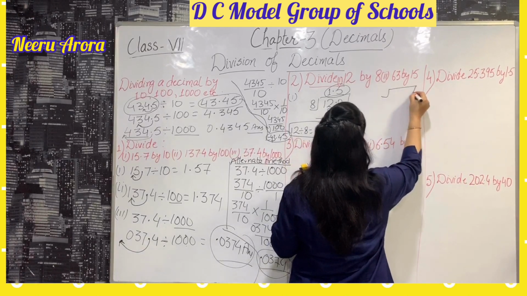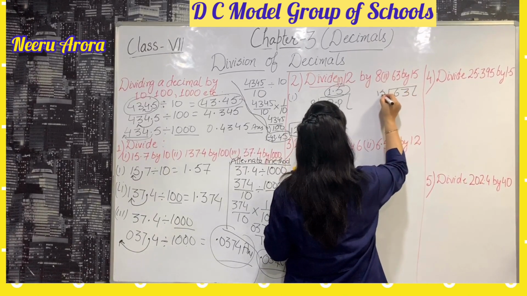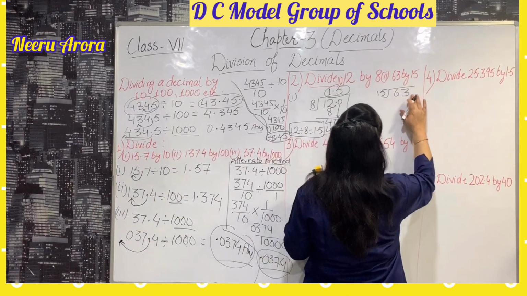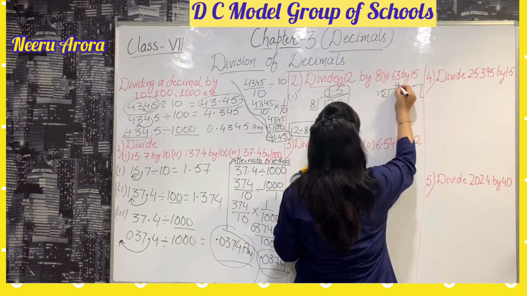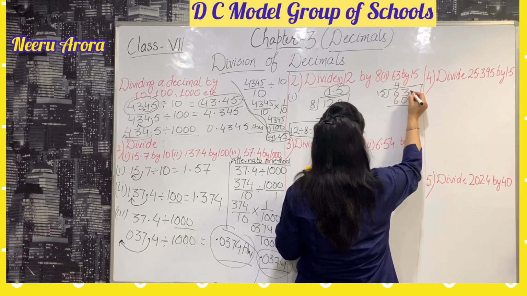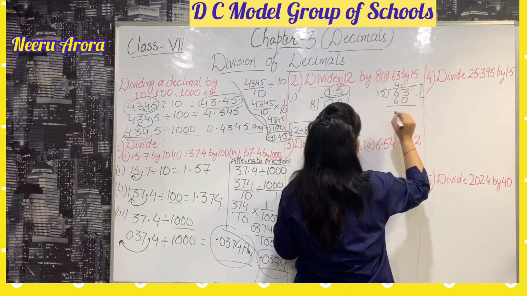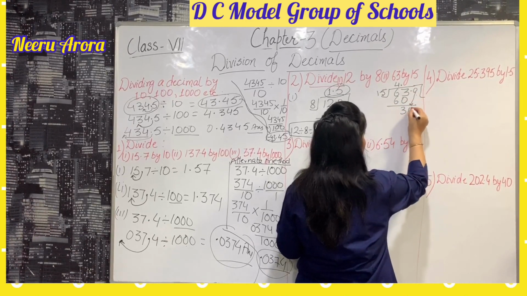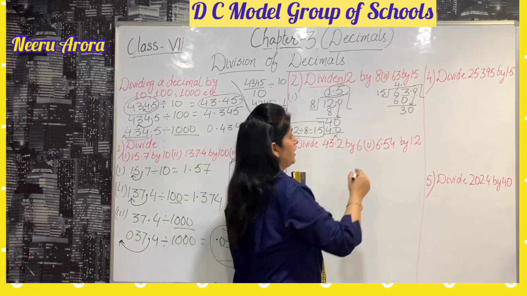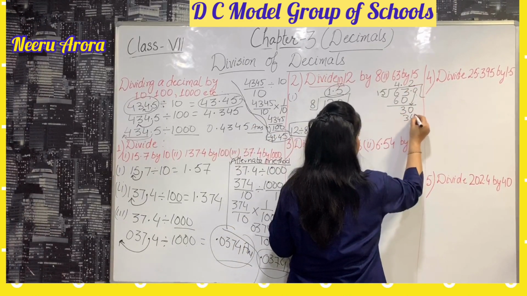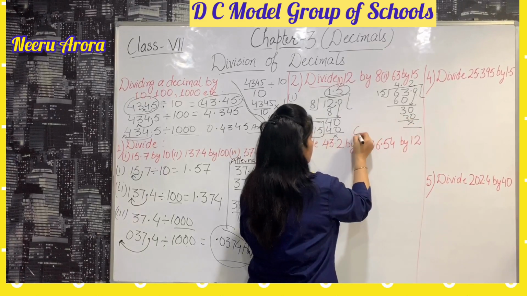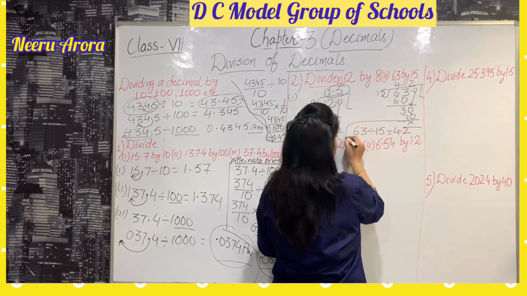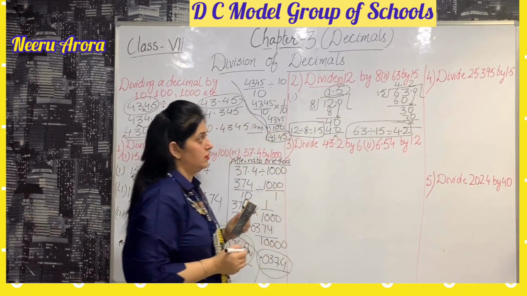Now see the same question. Here it is, divide 63 by 15. What do we want to do? Divide 63 by 15. So 15 fours are 60. Again the decimal remains here and in the quotient also. For this, the remainder is 3, and this 0 will come down. So 15 twos are 30. So this is our division method. So 63 divided by 15 is equal to 4.2. This is your required answer.